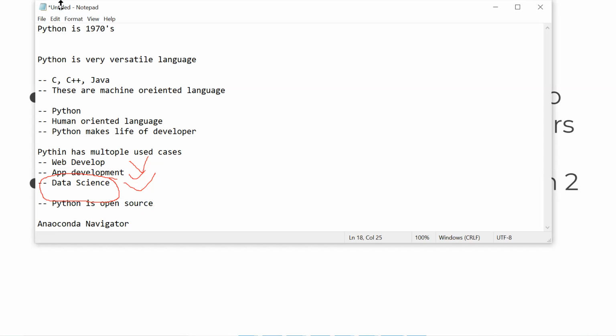Anyone can use it, as in, you don't have to buy a license for it. The source code of that language is available to everyone. It's free to use. The opposite of open source would be license based or closed source.